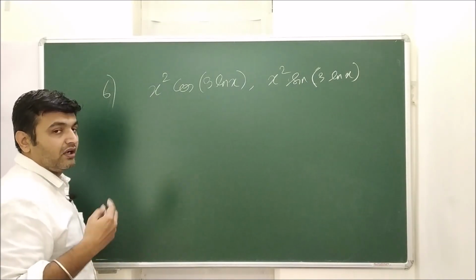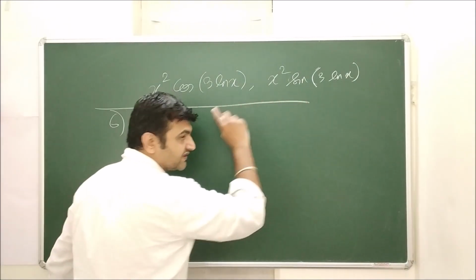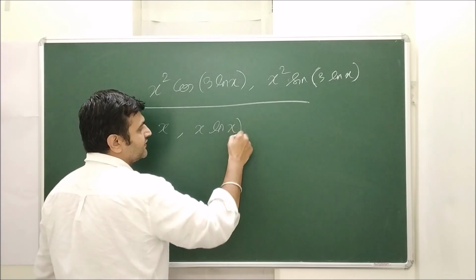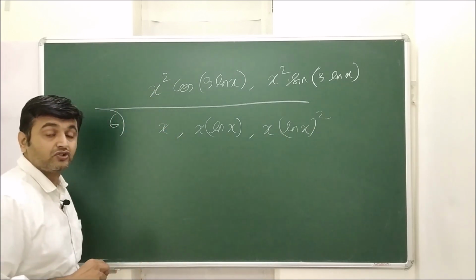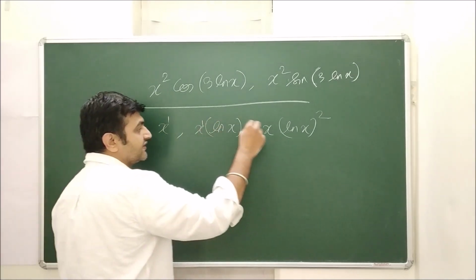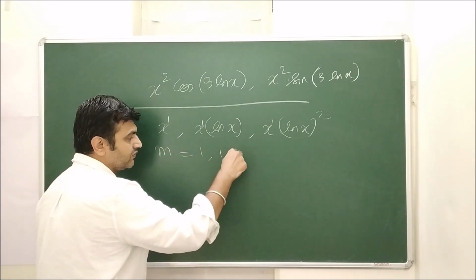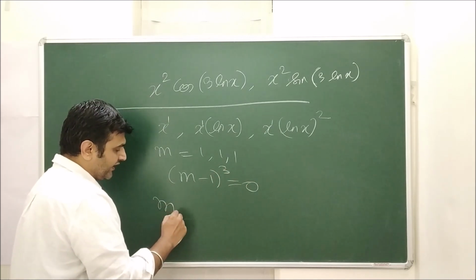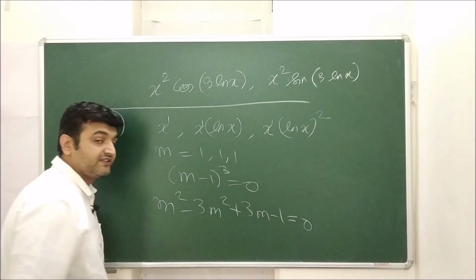We know how the root repeats, or actually let me take a different example, then I will come to this. Suppose I have x, ln x, x ln x square. So when you have ln into the picture and x, that means again Euler-Cauchy. So here x raised to 1, x raised to 1, x raised to 1, and ln x and ln x square. That means your m is repeating 3 times: 1, 1, 1. So what is the auxiliary equation? m minus 1 whole cube equal to 0, that is m cube minus 3m square plus 3m minus 1 equals 0.